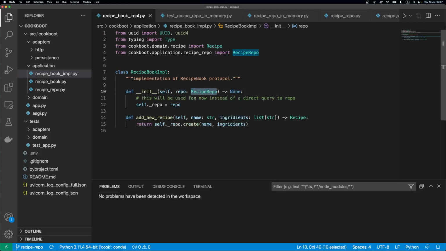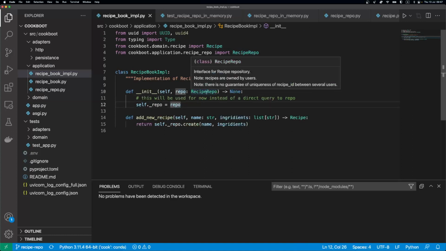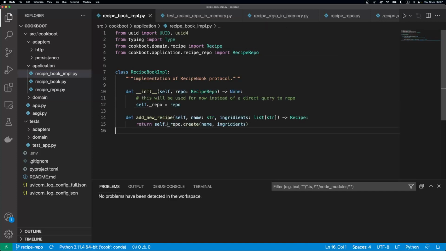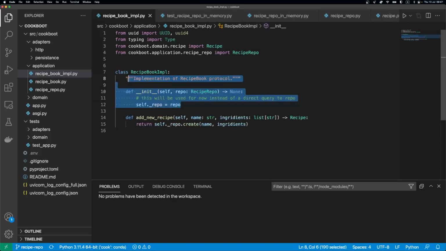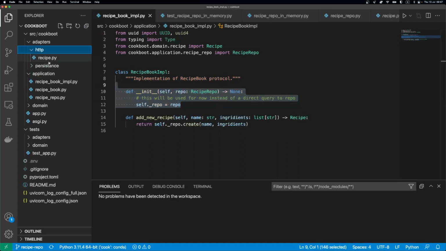We get the recipe repo here. It's the job of someone else to find the proper implementation and provide us with it. And then we just call self.repo.create. Again, probably there will be a bit more logic here at this point. You can also see the user is not passed here, so this class I will continue to work on. But this is just an example of how it will be used, and then also to see how it is created. So where this recipe repo comes from,